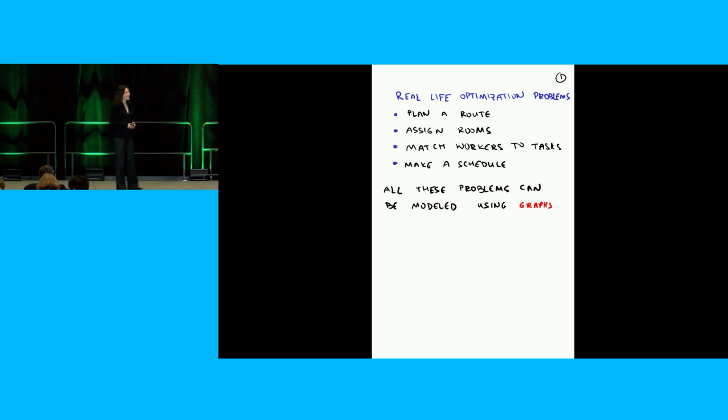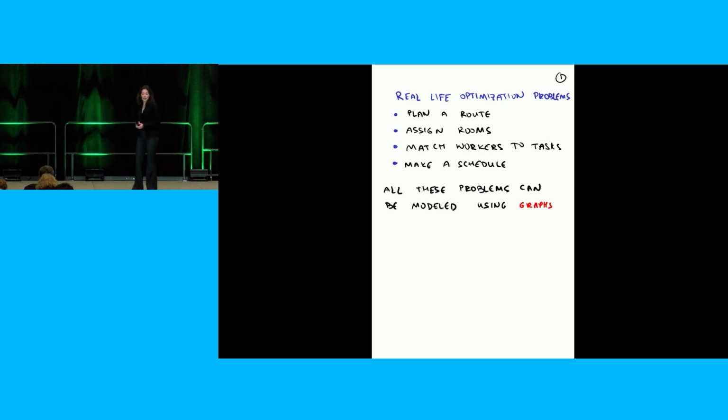Matching workers to tasks, that's a very sort of well-known thing. That's an example we often give when we teach graph theory and optimization, that you have a bunch of tasks and a bunch of workers, and this person only knows how to do these three things, but that person only knows how to do those four things, and what's the right way to assign all those tasks, and maybe you also want to have your tasks completed with the cheapest cost, right? And different people charge different amounts for their work. So all of that is a problem that we often face, and it's a problem that you can solve using